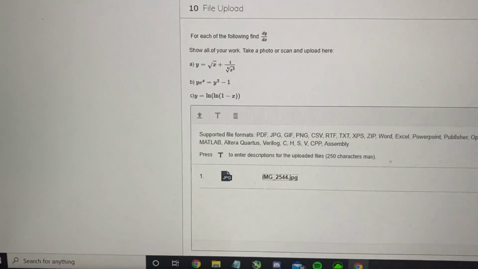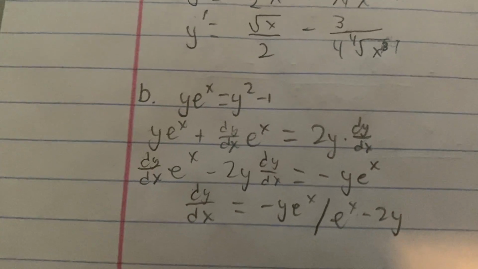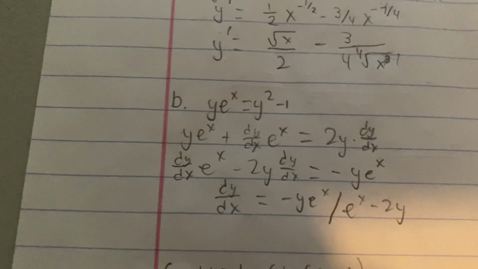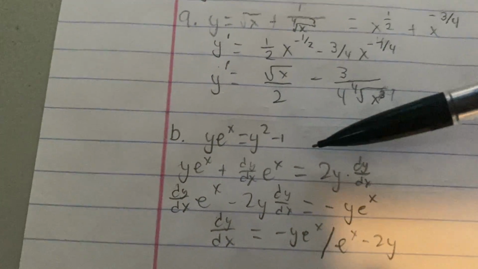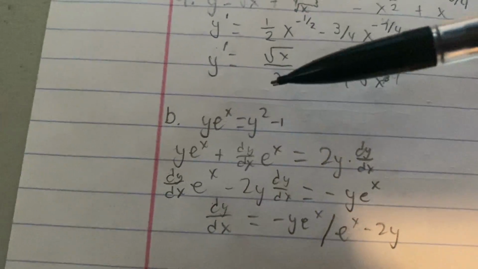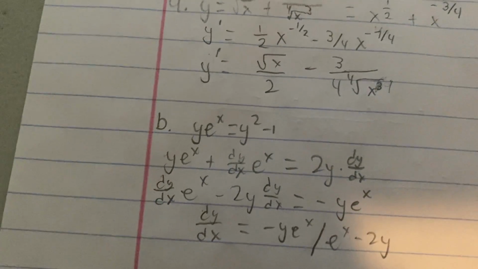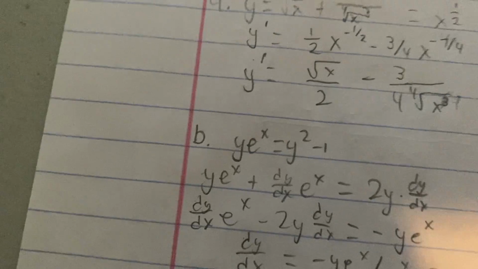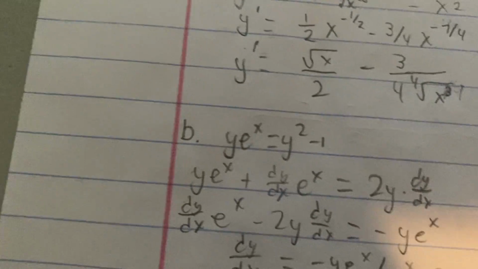For the next one, y e to the x equals y squared minus 1. We have that equation written down right here. So for this one, we're going to have to apply implicit differentiation, I believe, as well as the product rule. So y e to the x: first we leave y alone, and then the derivative of e to the x. It's going to be ln e times e to the x times the derivative of x, which is just e to the x, which works out really nicely. And then we have dy dx